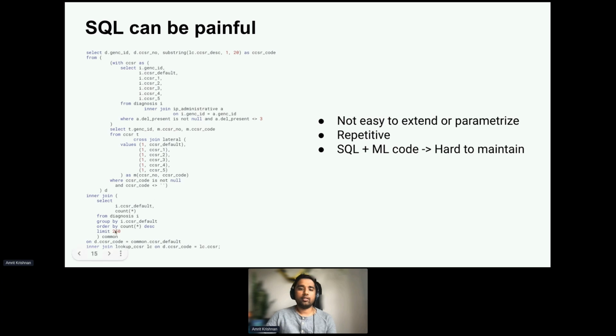So let's say I want to change something in here and parameterize it using a function, I'd have to actually go into the code and change it and rerun it every time. And also,